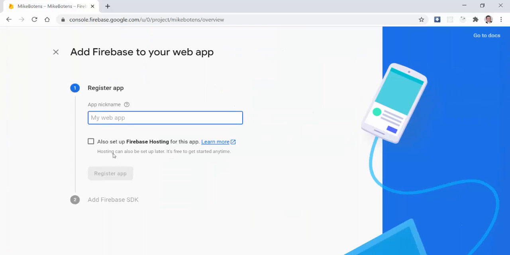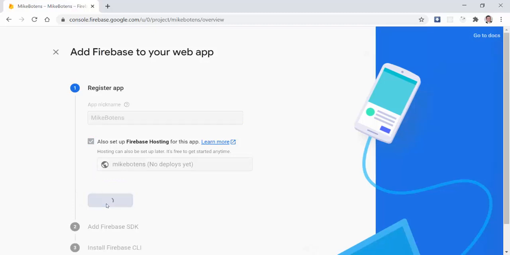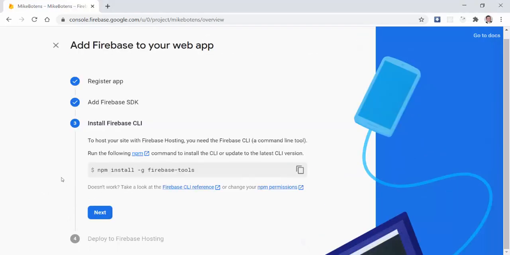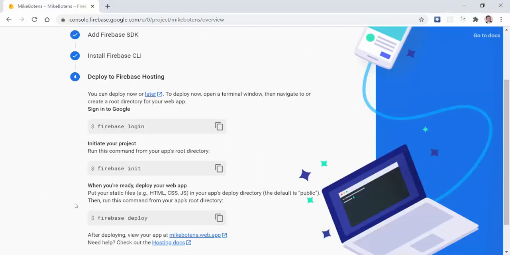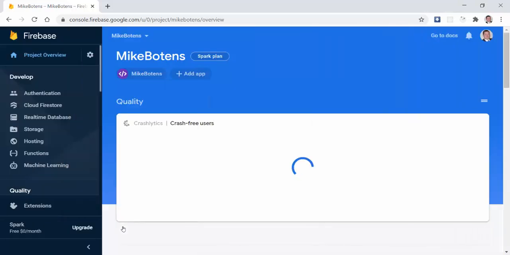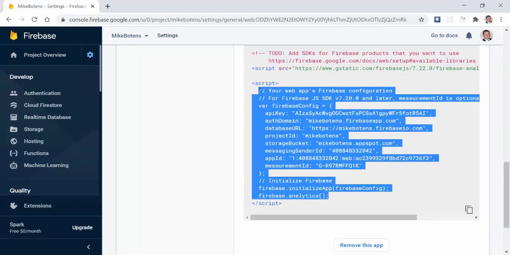And so nickname, just be the same thing. And we'll go ahead and do this and register app, because we will be hosting it eventually. All right, so next, and then deploy after we log in, fine. All right, and so one thing I really need is this right here. So I'm gonna grab this and copy this as well, because we'll need to make a file that contains this